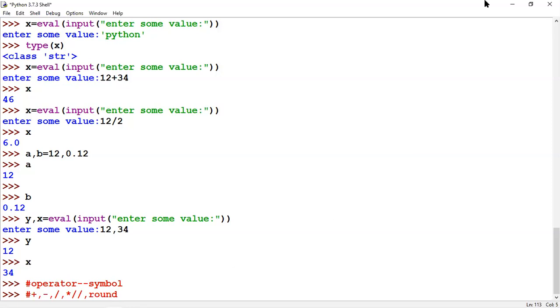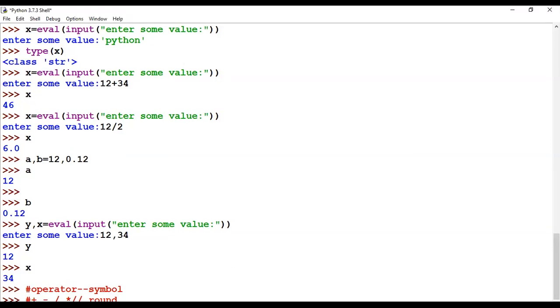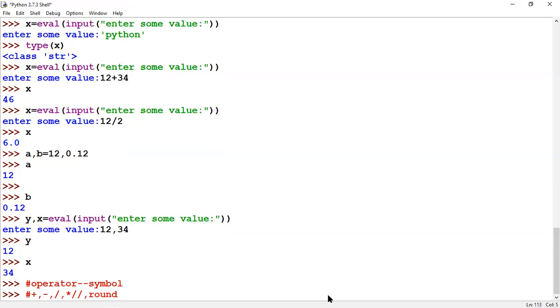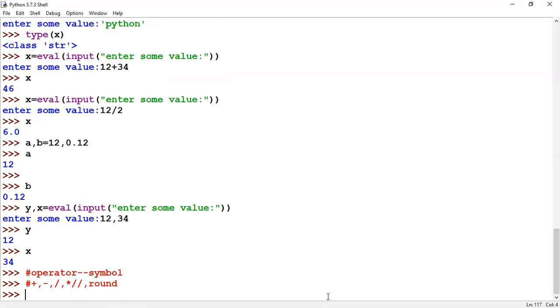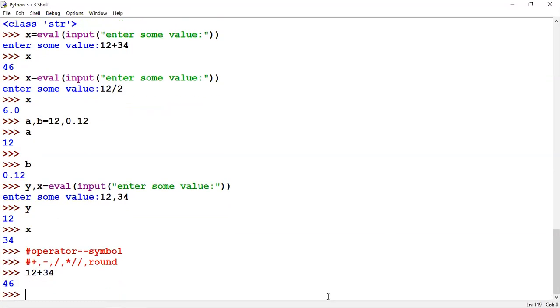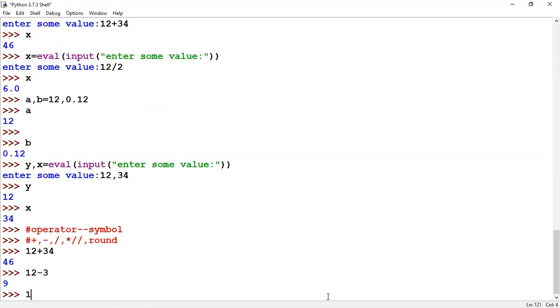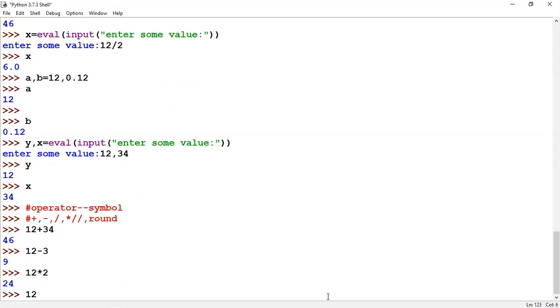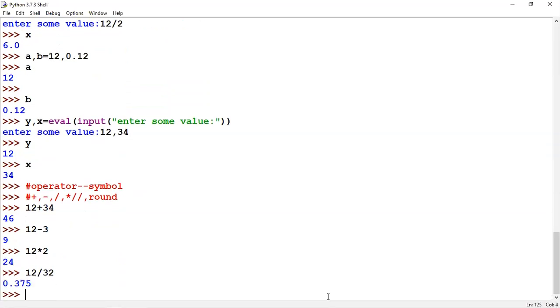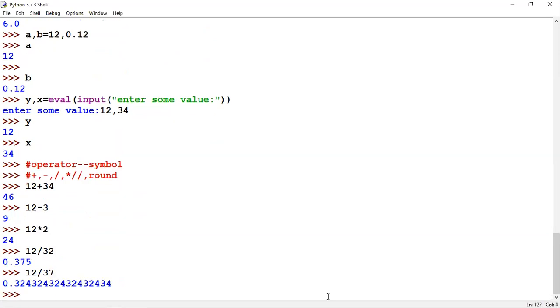Now we need to just apply our arithmetic functions. 12 plus 34, 12 minus 3, and then 12 into 2. Then 12 divided by 32, so you get some answer like this. 12 divided by 37, you get some answer like this.